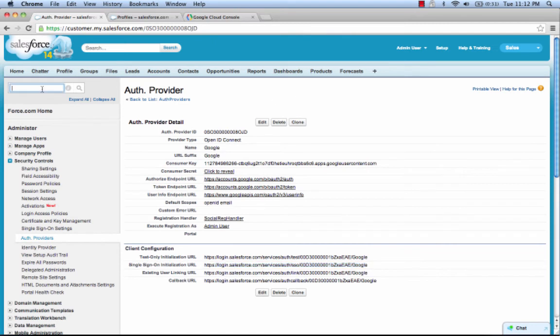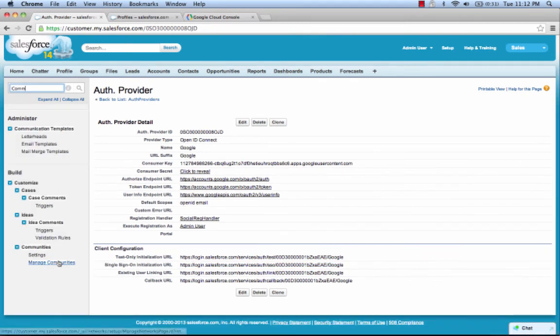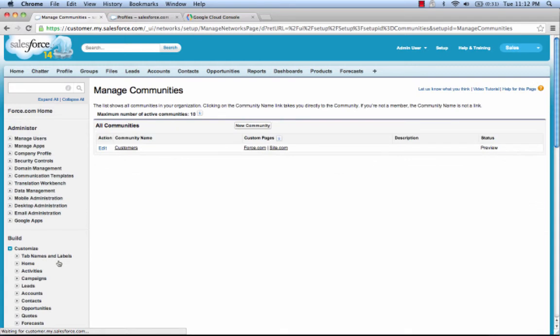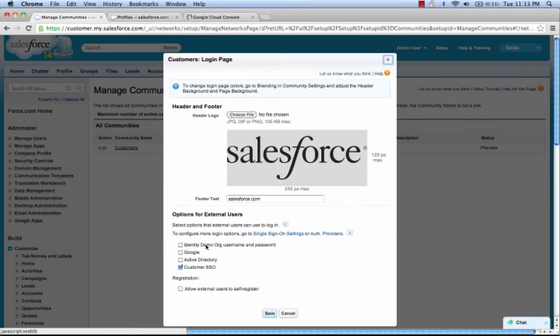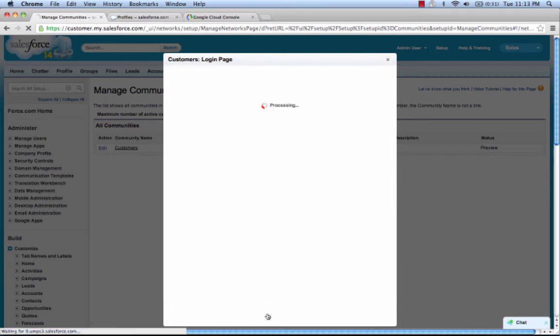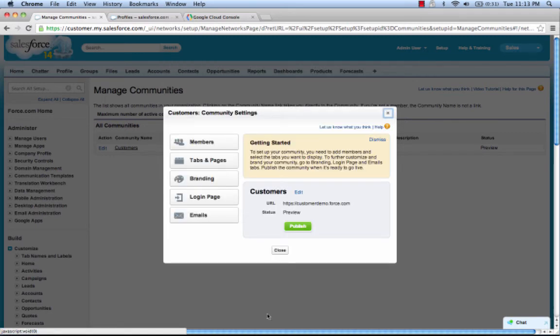Switching back to setup, we can head to Communities, Manage Communities, and look at our first community. Here, we have a community called Customers. If I click Edit, you'll see I can quickly and easily customize the login configuration of this community. If I drill into Login Page, you'll notice I now have an option for Google. If I unselect Customer SSO and select Google and save this, our community is now configured to use Google as its